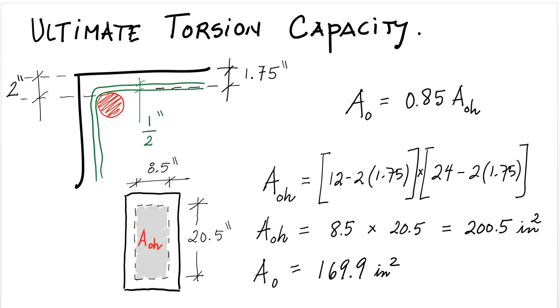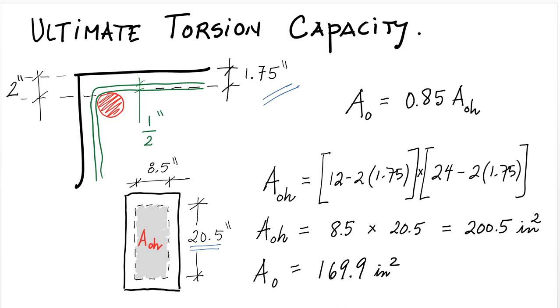So that leaves us with 1.75 inches we have to take off from each side, and that results in 20.5 inches in the vertical direction and 8.5 in the horizontal direction, and we end up with a